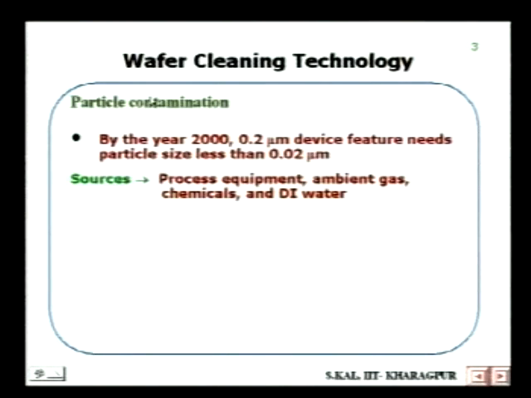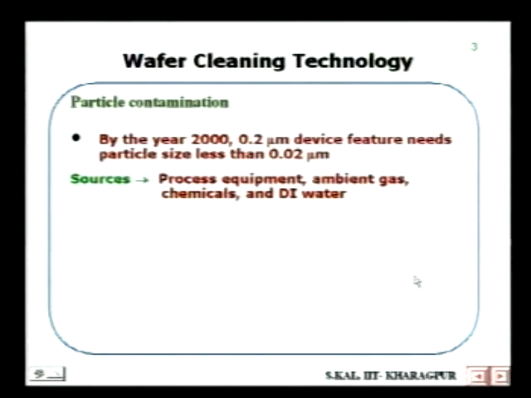The sources of those particles are process equipment. They may also come from ambient gases, because in the process lab we use a lot of gases like high purity nitrogen, oxygen, hydrogen, argon, etc. Those are known as process gases, and those process or ambient gases may be a source of contamination. They should not contain any particles, whether small, 0.2 micron or 0.5 micron,